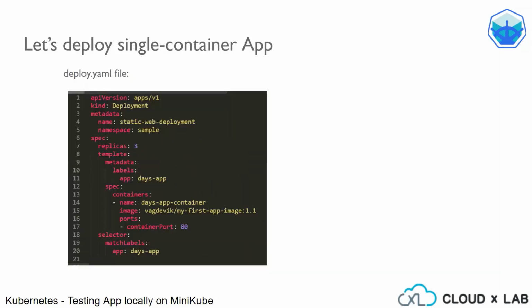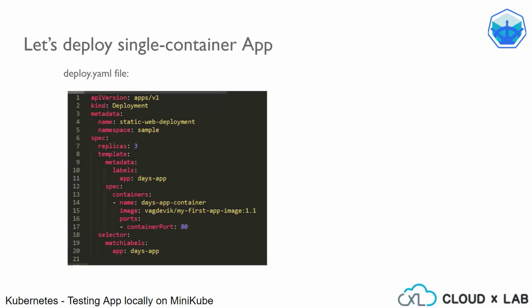Now let us understand how we mention the specifications of the deployment. The first keyword is the apiVersion, which means the version of the Kubernetes API we are going to use to create this deployment object. And the kind is Deployment, since we want to create the deployment resource. The metadata contains the name and the namespace to which this particular deployment should belong.